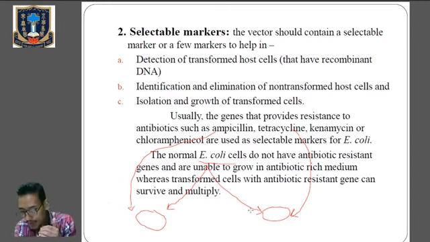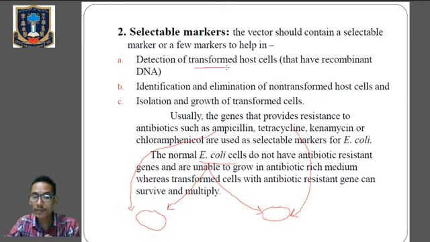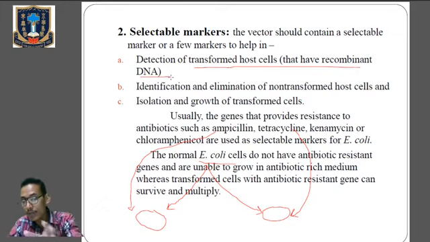Are you getting it now? What are we putting? We are putting the ampicillin resistance gene in E. coli cells. Now what will happen to the E. coli cell? Now the E. coli cells will be resistant to ampicillin. It has become transformed. It contains the recombinant DNA. So it has become the transformed host cell having recombinant DNA. And that DNA contains which property? Antibiotic resistant property, having the resistance to ampicillin.